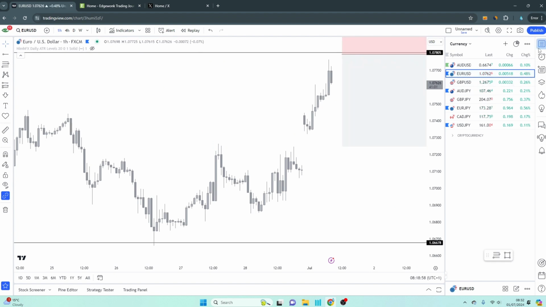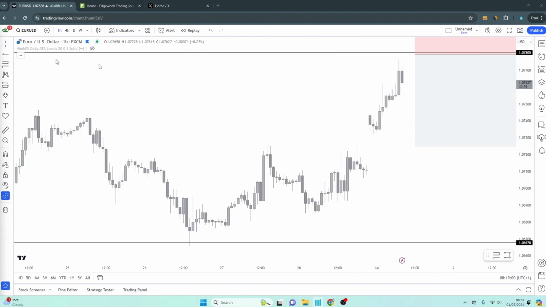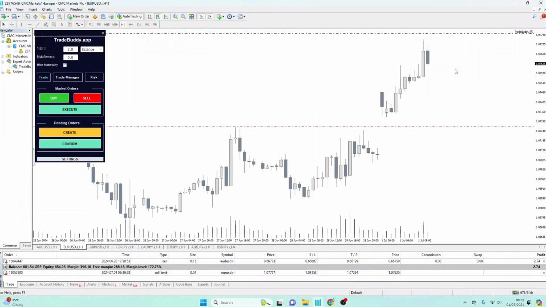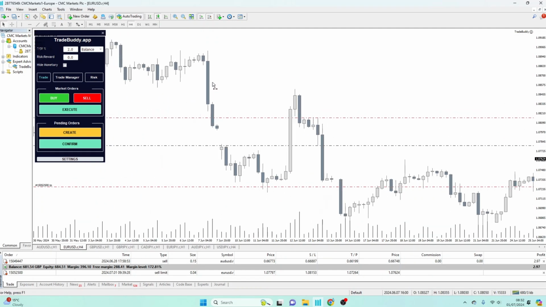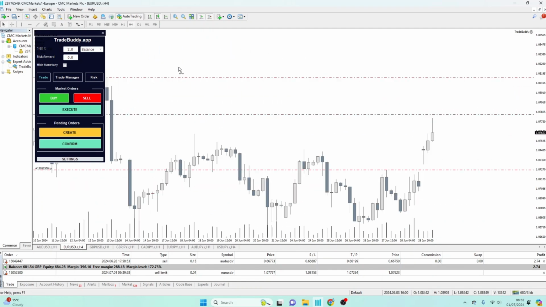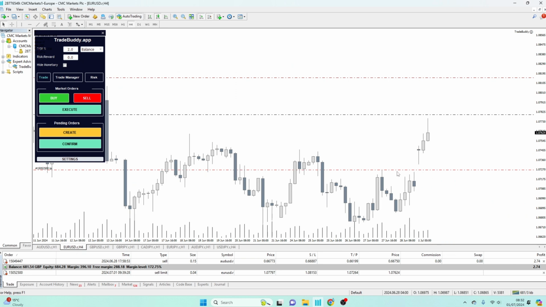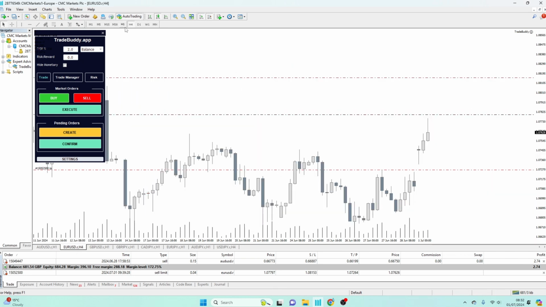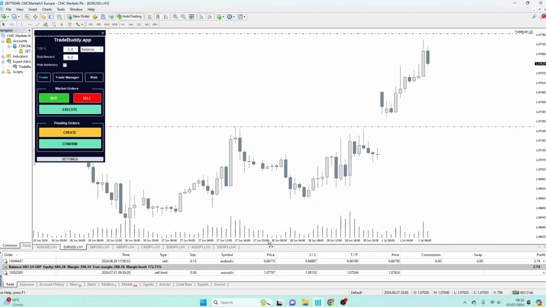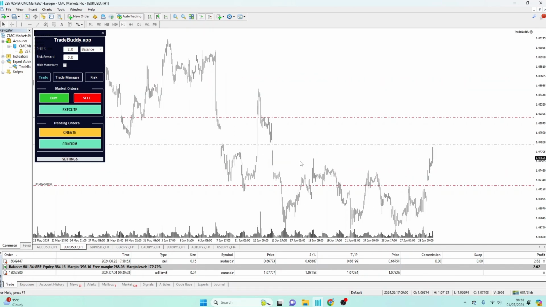But the trade of the week is going to be this Euro USD. So we've actually got our pending orders set already here. Let's go to the 4-hour chart just to make it a bit clearer. There we go, there's our target, there's our entry point. We've come close to it a couple of times. And there's our stop loss just behind that shooting star candle up there.